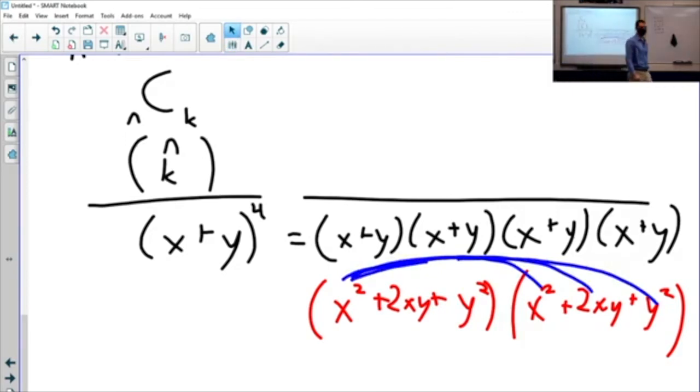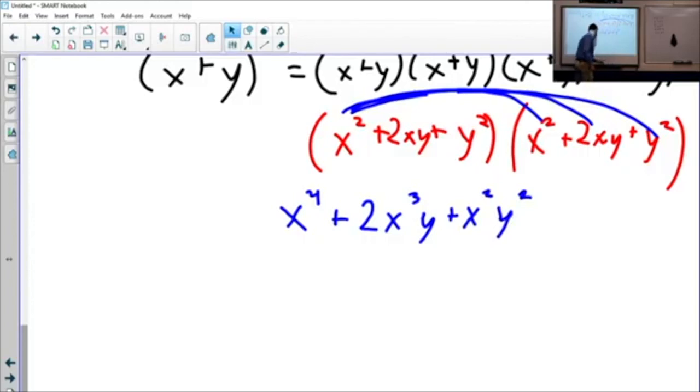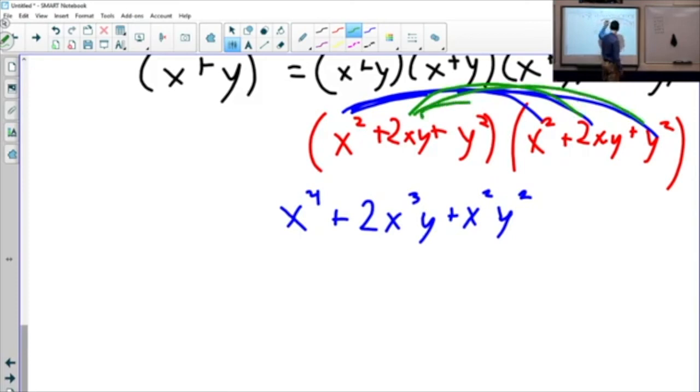Have fun. x squared times x squared is x to the 4th, plus x squared times 2xy, that's going to be 2, there's 3 x's here and a y. x squared times y squared. And now we get to distribute this term. I've got a 2xy times x squared is 2x to the third y. And then I have 2xy times 2x. Oh, these two terms are going to end up being combined together,